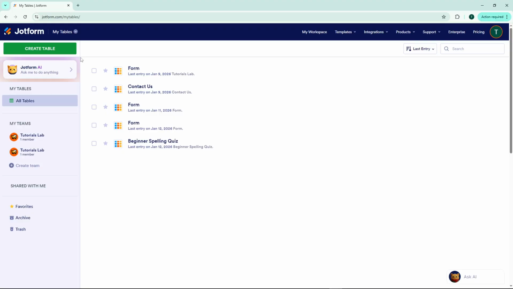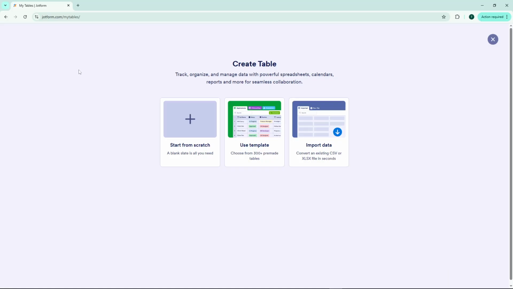Now, in the upper left corner again, you'll find a button that says Create Table. Click on it, and you'll be presented with three options to choose from. You can start from scratch, use a template, or import data from an existing source. For this tutorial, we're going to select Start from Scratch so you can see how to build a table from